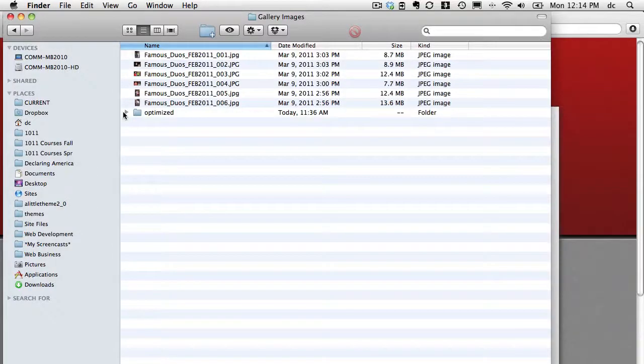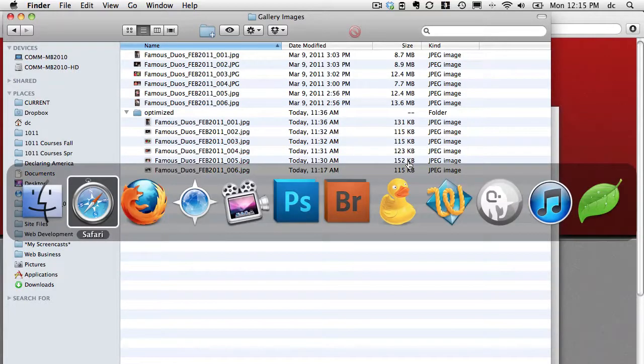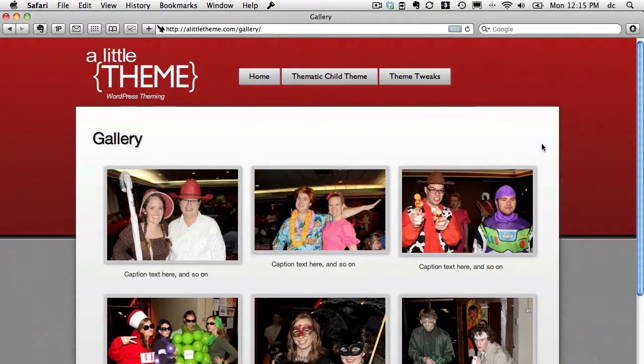So now we've finished in Photoshop and we have our images ready to load onto the web. You can see I have optimized versions of the original images. What started out as 8.7 megabytes or larger is now 130 kilobytes or smaller. We're going to use those images that we've optimized, and we want them to wind up being laid out on